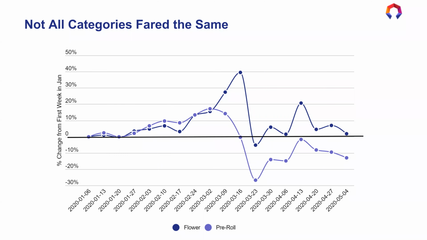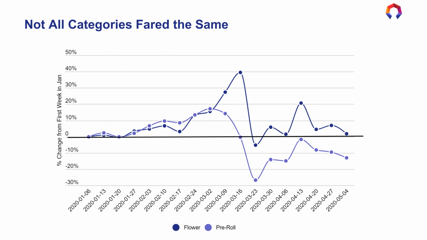Could that fundamentally alter the product mix? What we've seen here is that pre-rolls have seen sustained downward sales. Now, they have not gone to zero. There are still a lot of other reasons to consume pre-rolls. My favorite reason to consume pre-rolls is they are so convenient. You don't really need much else other than a lighter, and man, it's easy to bum a lighter from someone. So I don't think we're predicting these to go too much lower than they are, but it could shift the